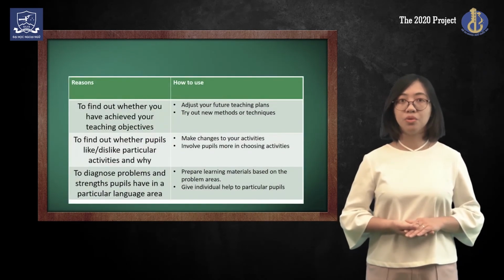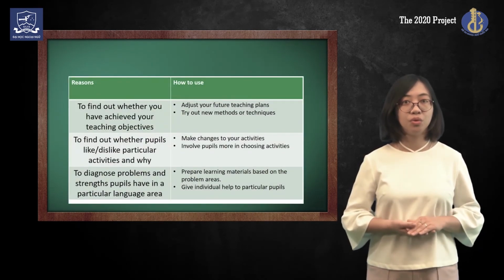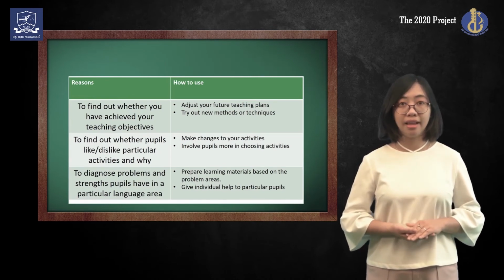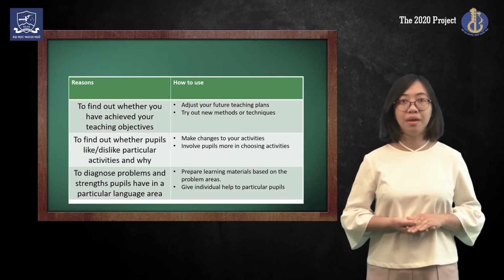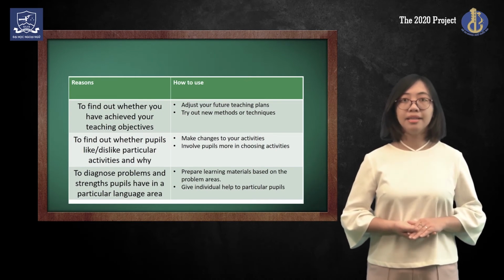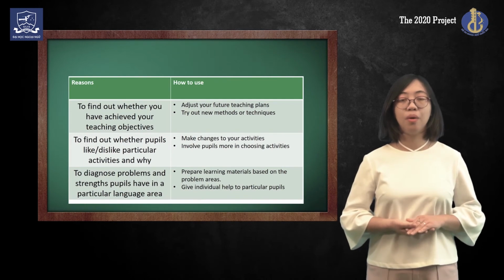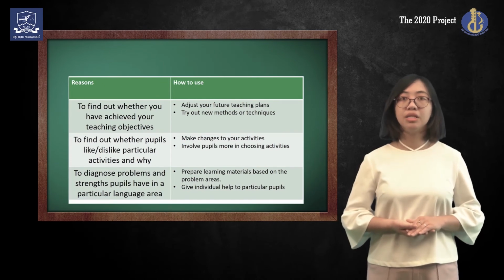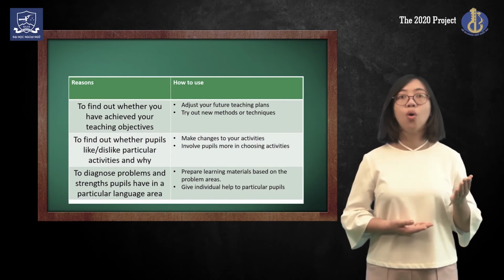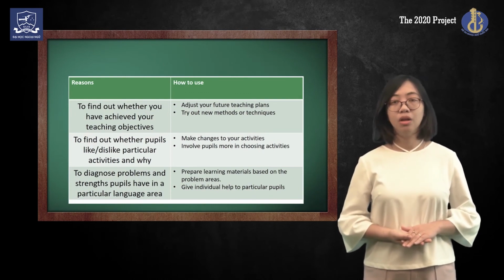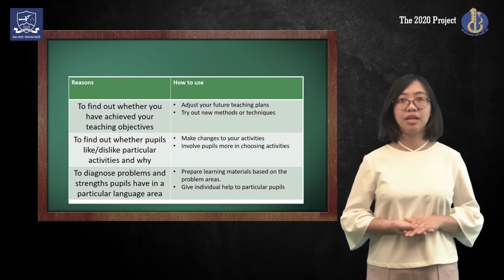If assessment is to find out whether you have achieved your teaching objectives, you may want to adjust your future teaching plans or try out new methods or techniques accordingly. In case the assessment is to find out whether pupils like or dislike particular activities and why, teachers can make changes to their activities or involve pupils more in choosing activities. With the purpose of diagnosing problems